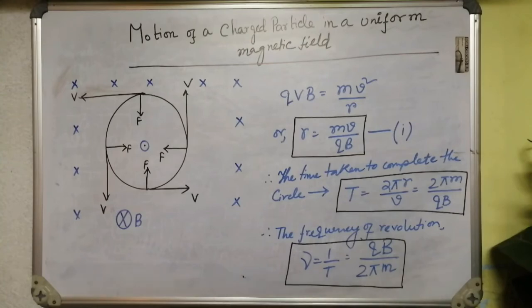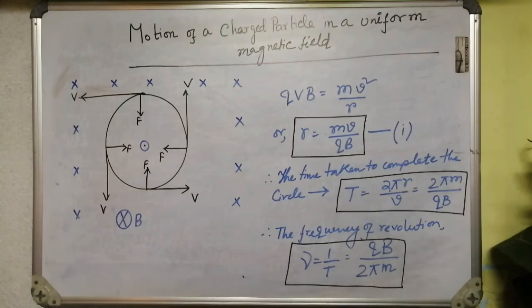A charge q is projected with a speed v in the plane of the paper. The velocity is perpendicular to the magnetic field. The force is F = qvB, as you know from the previous chapter, in the direction perpendicular to both v and B. This force will deflect the particle without changing the speed, and the particle will move along a circle perpendicular to the field. The magnetic force provides the centripetal force.